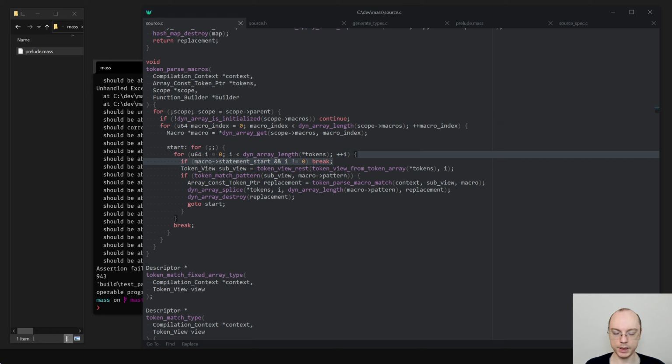What about statement end? Statement end should actually fix the bug right now, kinda. I mean, for this case, but it will not fix it fully. So for statement end, how do we want to deal with that? We need to say, so let's do it this way.